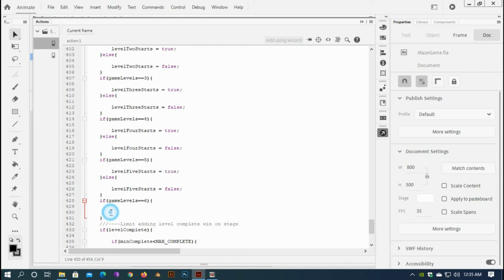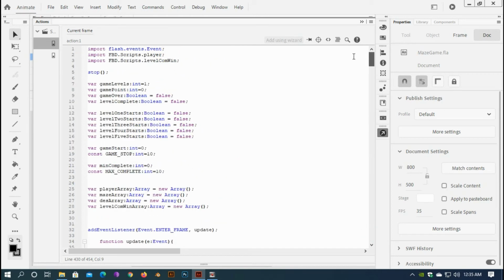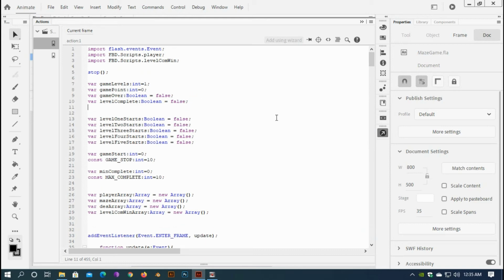Okay, so here var gameComplete, Boolean equal to false,